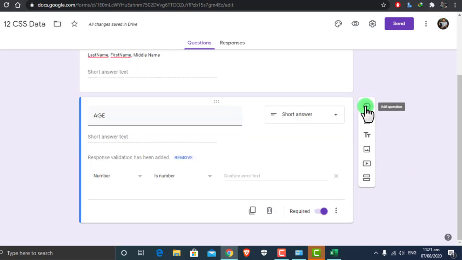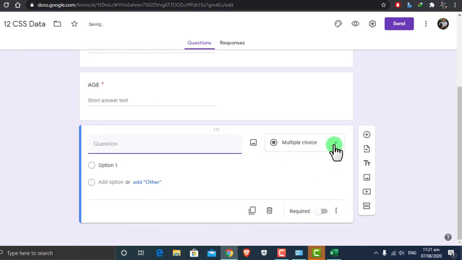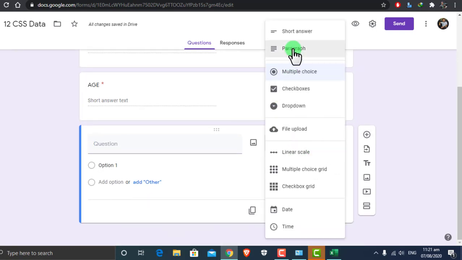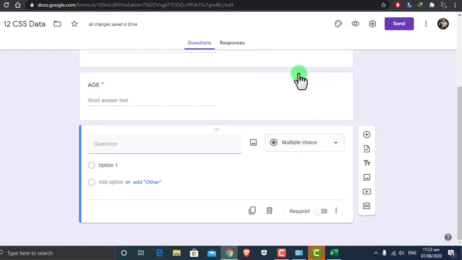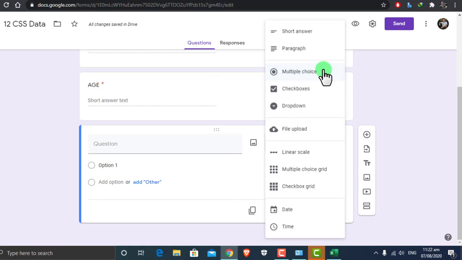Next, click on add. Another, discuss natin yung nandirito. We have paragraph, gaya nga ng sabi natin kanina. Paragraph is intended for, say for example, comment, message, etc. Yun ang ginagamit natin, paragraph, for long text or character ang na-accept niya. Next, we have our multiple choice. So, multiple choice, ibig sabihin, kapag pinindot natin ang multiple choice, you are only allowed to select one, which is,